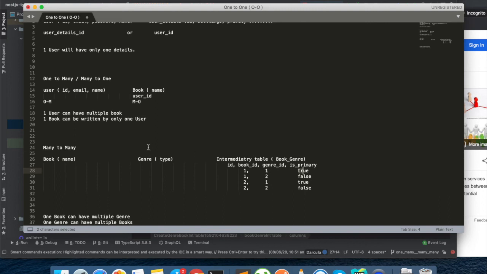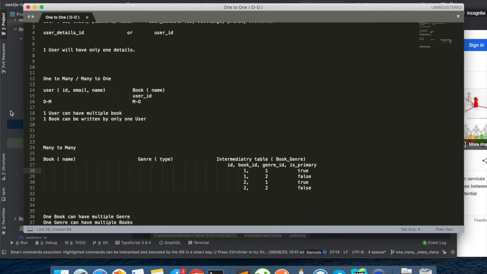One way is you find a particular genre and fetch its books, and then you can filter based on whether it's primary or not. The second way is we create an entity for this intermediary table, and we query directly from this table itself, like where genre ID is 1 and is primary is true, and from that we retrieve all the books.